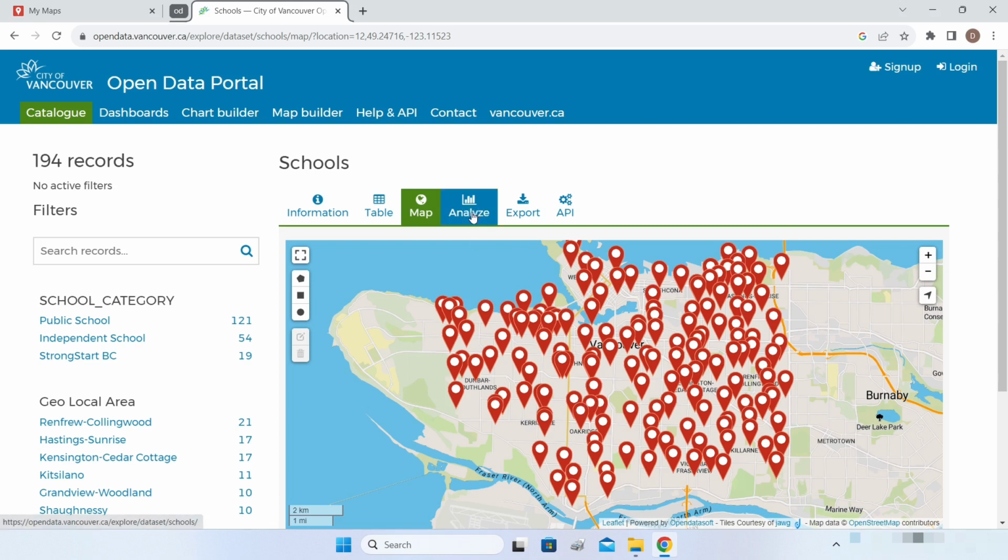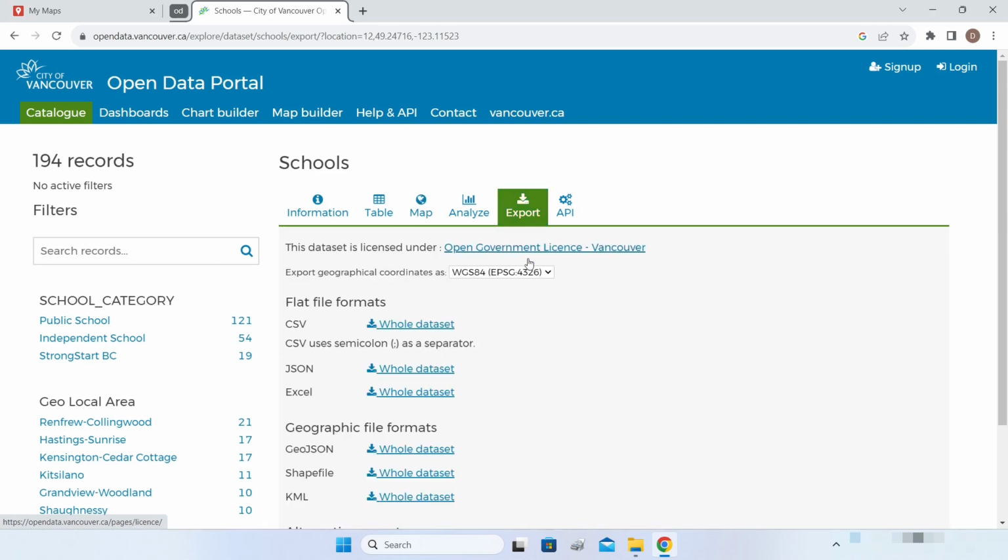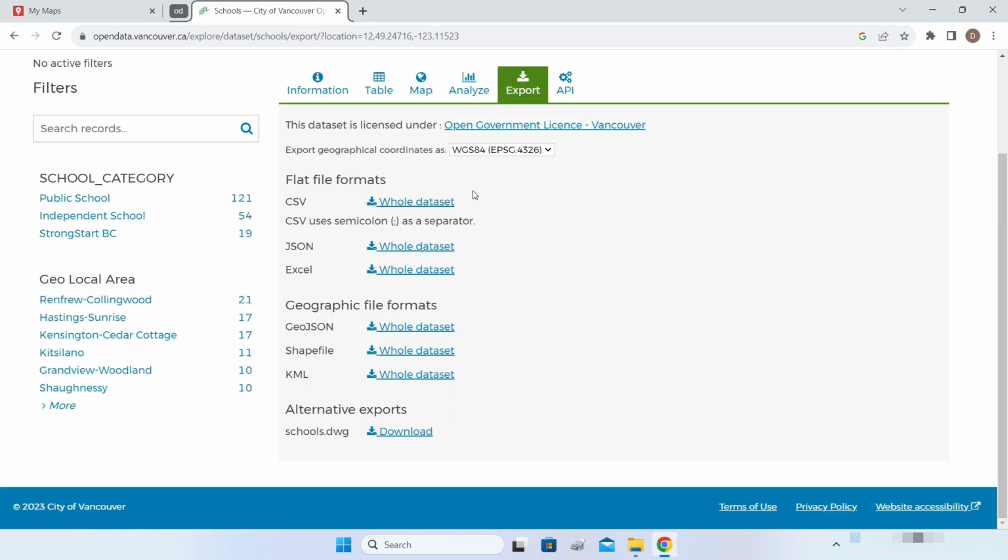You can also click on this button to see some analytics. But the one that we are really interested in is the export button. When you click on this, you will see all the formats in which you can export this data. One of the formats is KML. So we can get the whole data set in KML format, which is a format that is accepted by Google